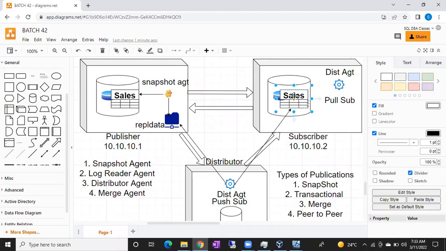That is your snapshot replication. That can be overcome in the transactional replication. So is it clear, guys? Are we good now about the snapshot replication? Yes, sir. Right. So can we go for a demo? Yes, sir. Right, very good.